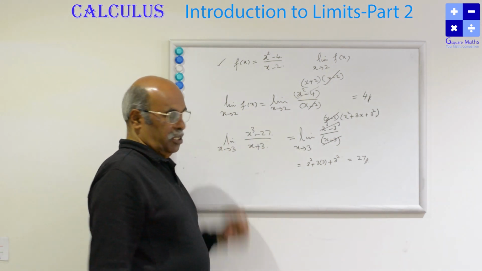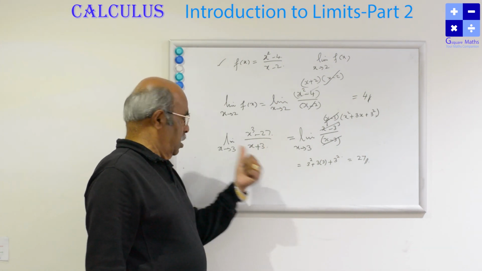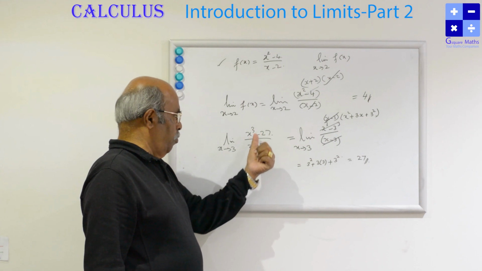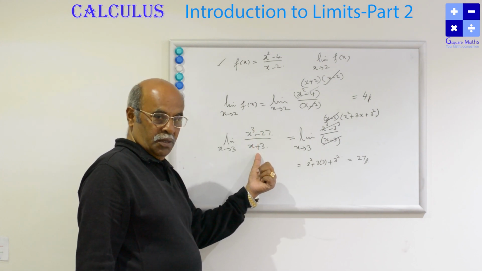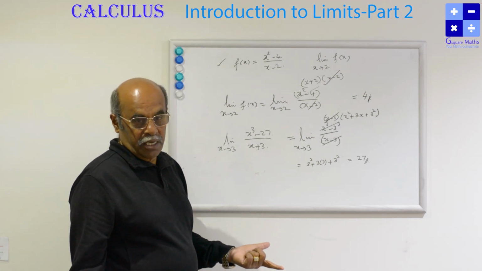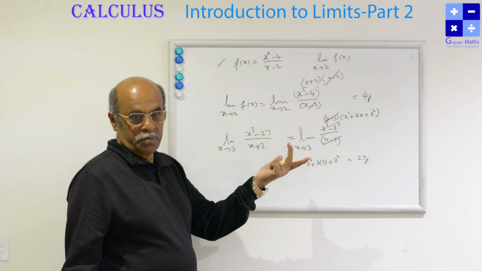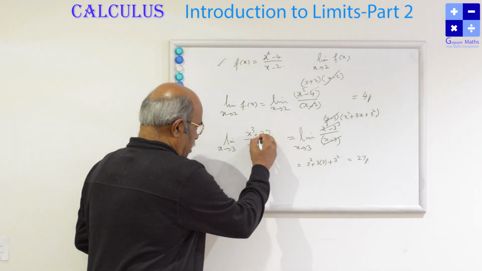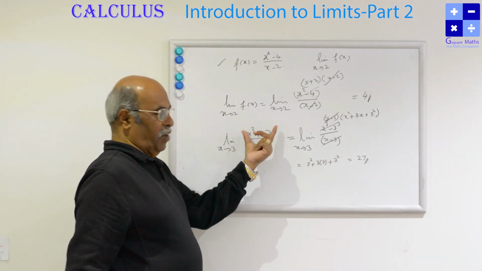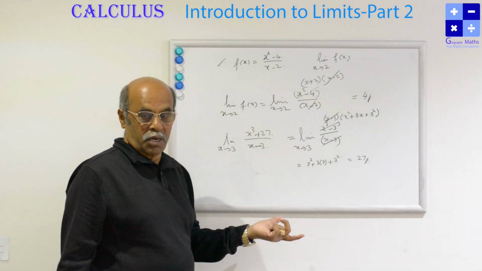Let us take the function like this. (x cube minus 27) by (x plus 3). If you directly substitute the value x equal to 3, it is 0 by 6. 0 by 6 is not indeterminate. The answer is 0. So directly we can write the answer is 0. Suppose if it is plus and if it is minus, it is some positive value, and this is 0. Something by 0 is again indeterminate.